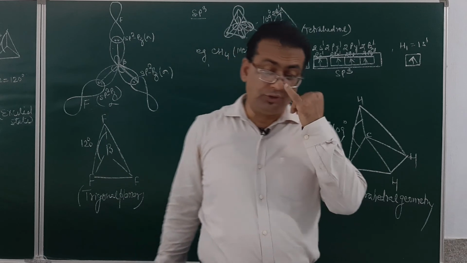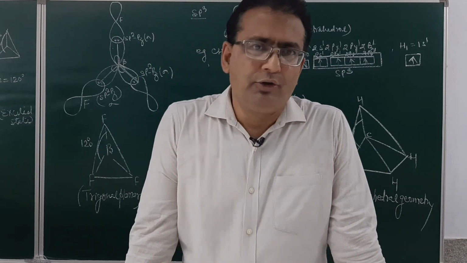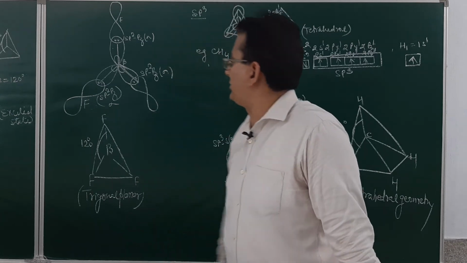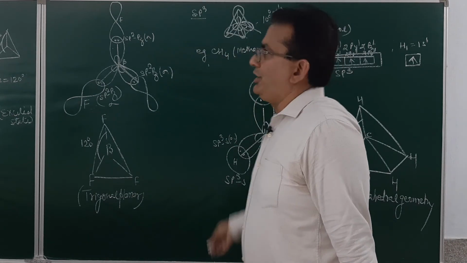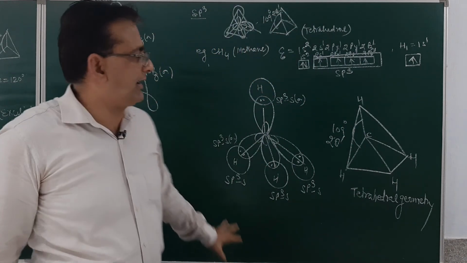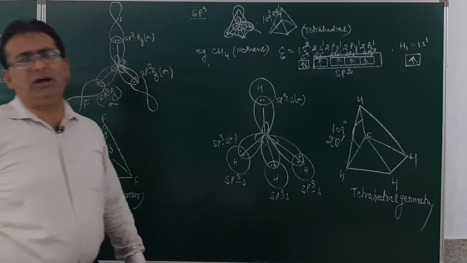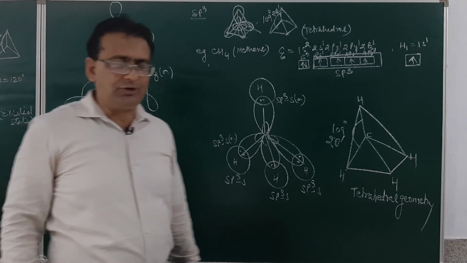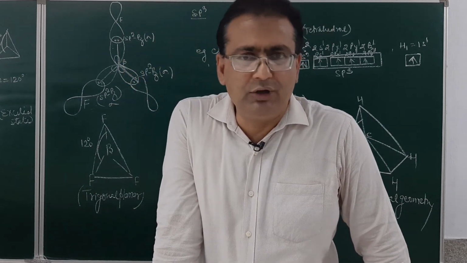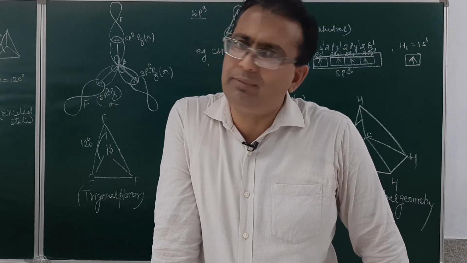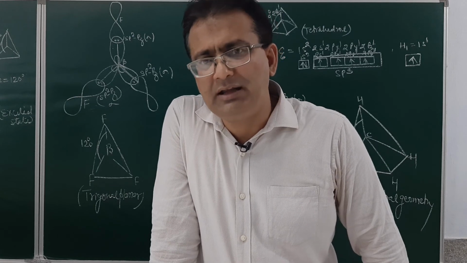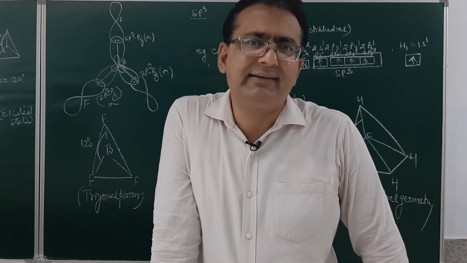So this is how, student, sp3 hybridization takes place. It occurs when one half-filled s and 3 p atomic orbitals mix and orient to form the tetrahedral geometry with a bond angle of 109 degrees 28 minutes. One example I have discussed is the formation of a methane molecule. So today, in the discussion of how hybridization occurs, we have done sp, sp2 and sp3 hybridization. Left are sp3d, sp3d2 and sp3d3 types of hybridization, which we will discuss in the next lecture.